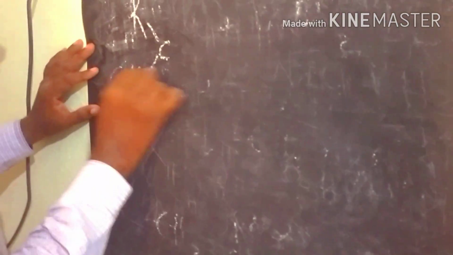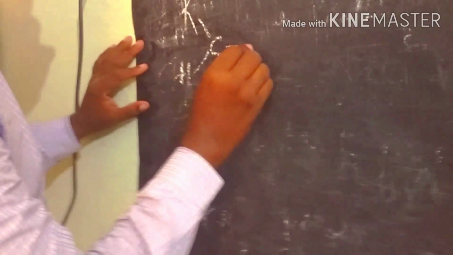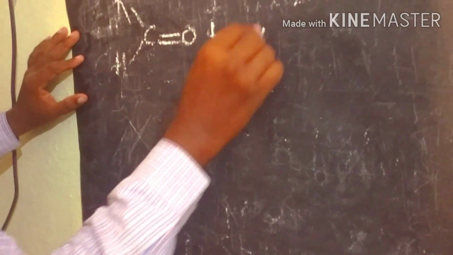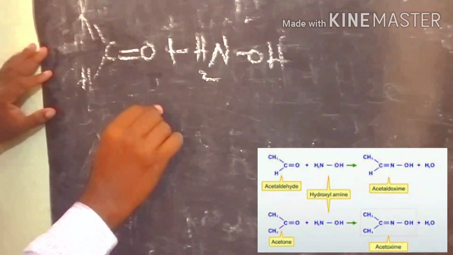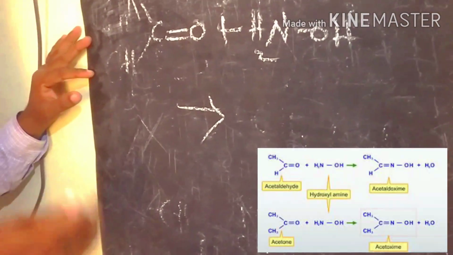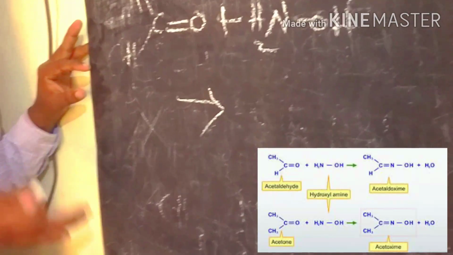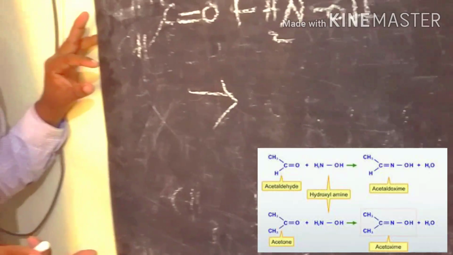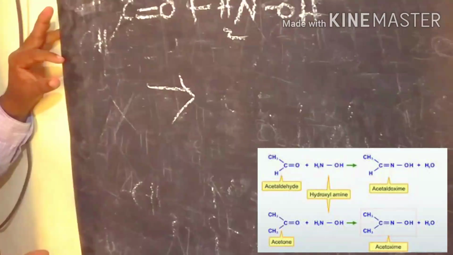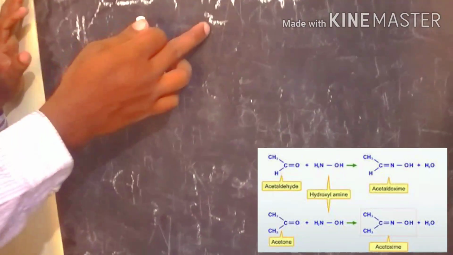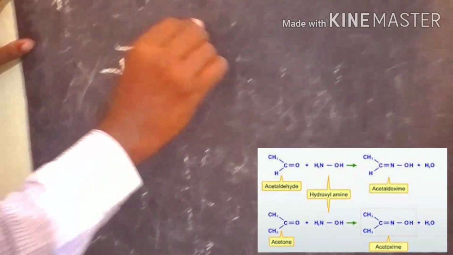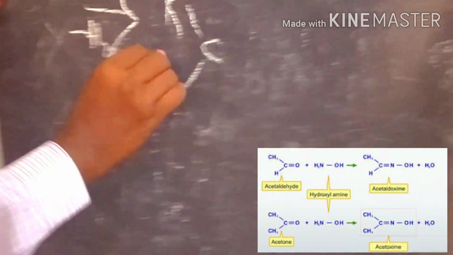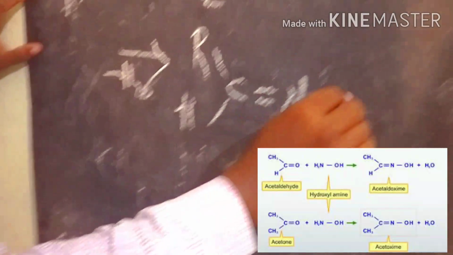We start with hydroxylamine. We take a simple aldehyde structure and hydroxylamine. So this is the hydroxylamine. What is the product in this? With hydroxylamine, hydrazine and so on, we lose a water molecule from the carbon double bond with oxygen and the H2. So we lose a water molecule. Finally we are getting these products. This one is the aldoxime.